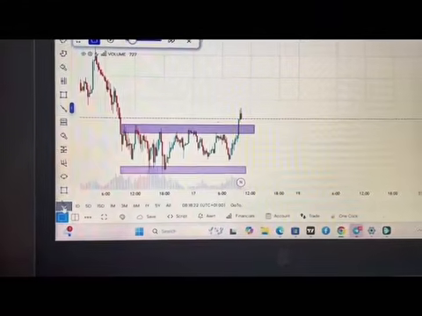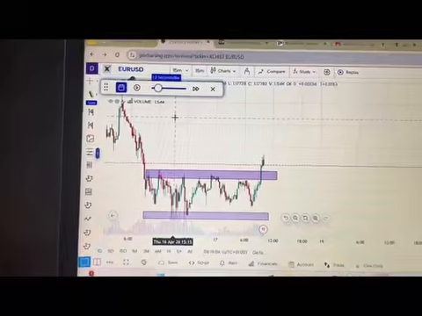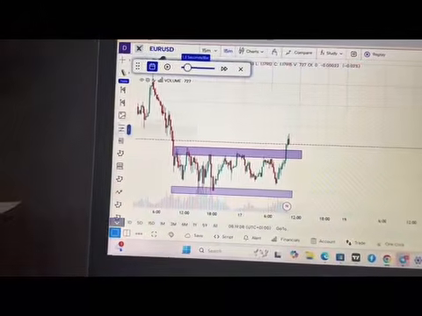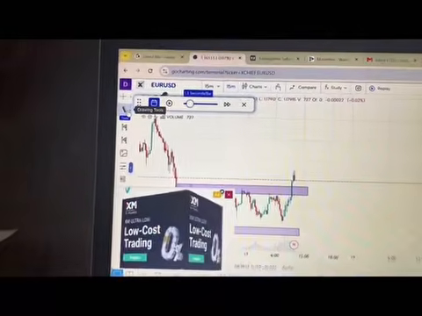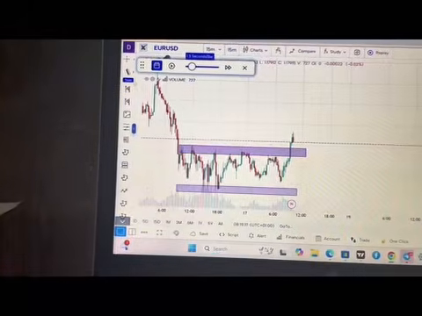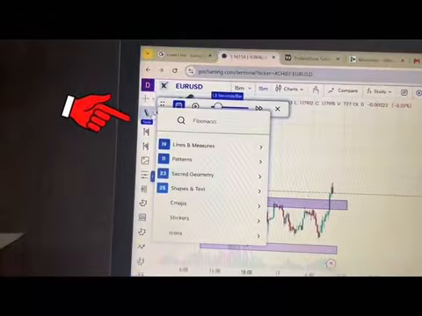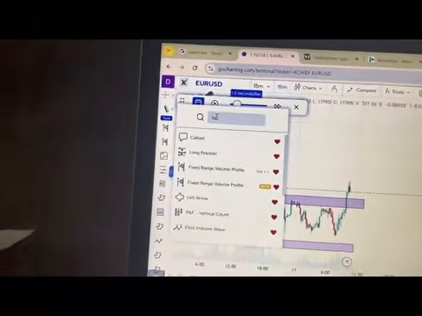You can see the market broke to the upside. Wait for the market to retest it, wait for price to retest the zone, and then you buy. Now I just need to pause the chart right here, and you'll also be needing a tool which is called the long position, which will actually help you